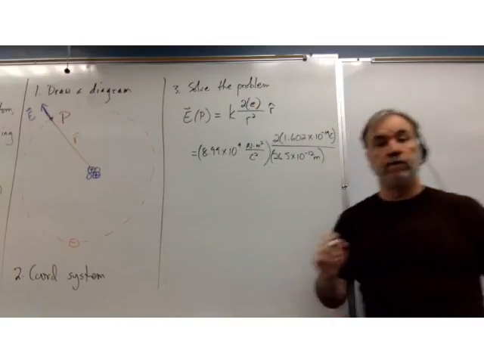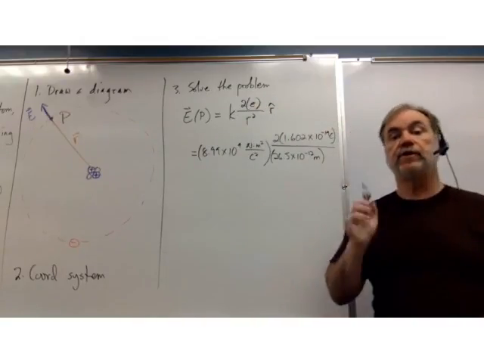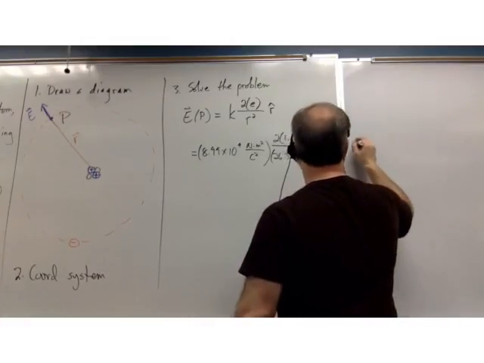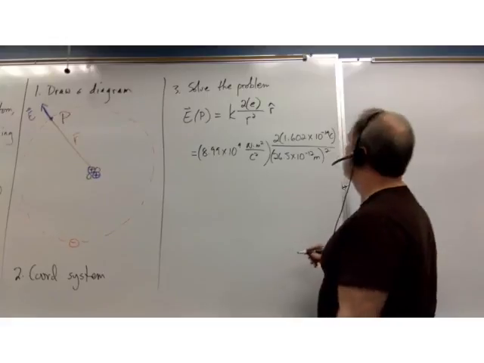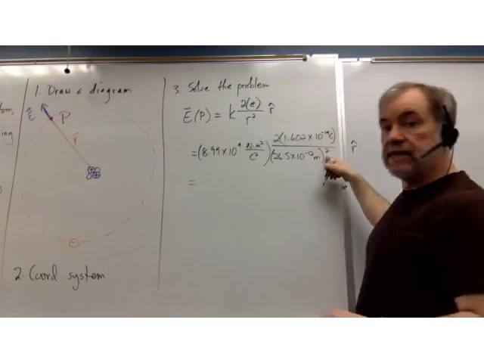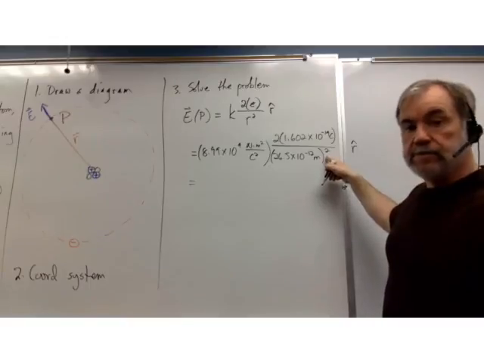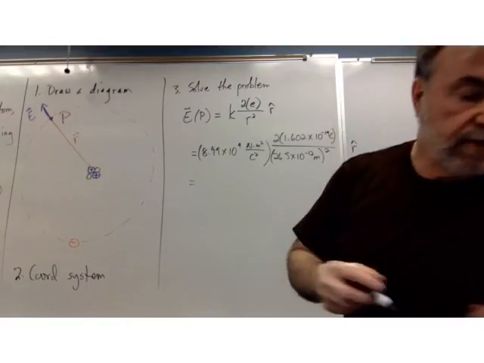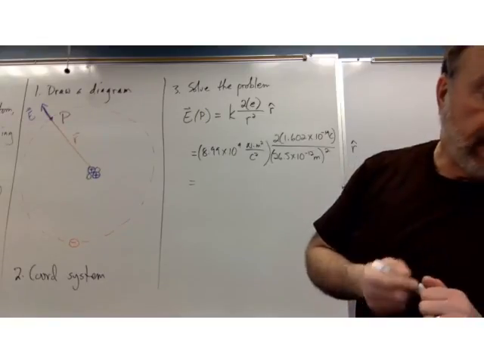Please notice that I am including my units at every step in the calculation. I want you to do that as well. And don't forget to square this. That's a common mistake. Students miss squaring that. Please don't miss that. And I cranked through those numbers, and I got